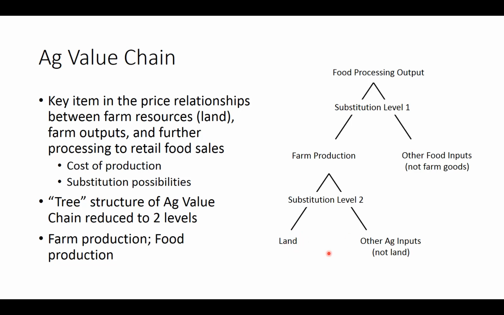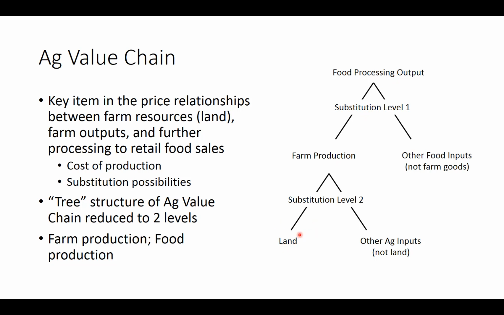So the cost structure between these two things, and then how easy is it to switch them out, to substitute them, and still make the same farm good. And then the same thing here. What's the cost structure between the farm good and other inputs that get used in food, and how easy is it to switch between them and still produce the same output? So that's our story, a big story that